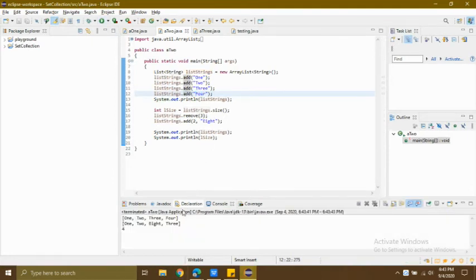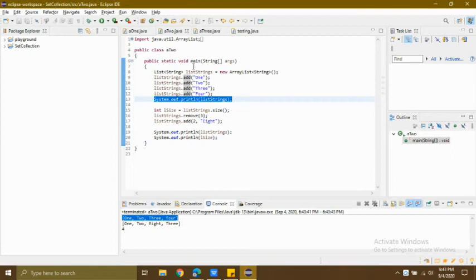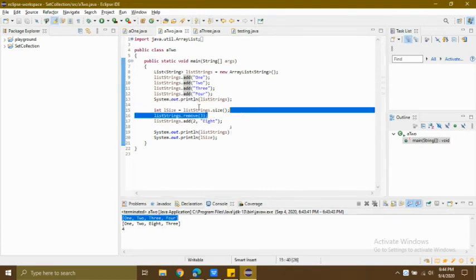So if we run the code, we have the initial setup, which is 1, 2, 3, 4. Then remove index 3, which is 4. So right now we don't have any 4. And we added 8 in the second index. But if we didn't remove index 3,